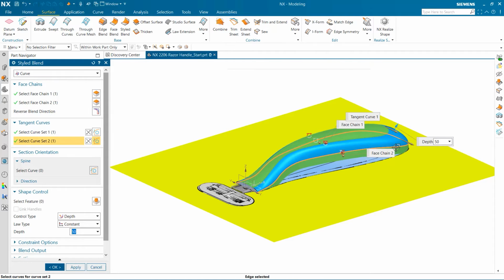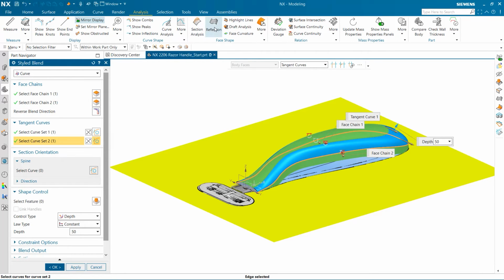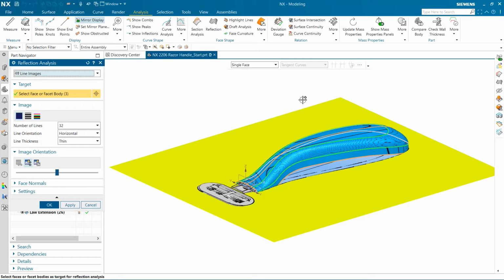I'm going to bring back the reflection lines to get a good idea of how the transition looks between the sheet bodies.